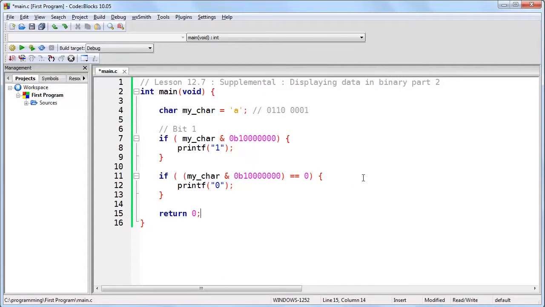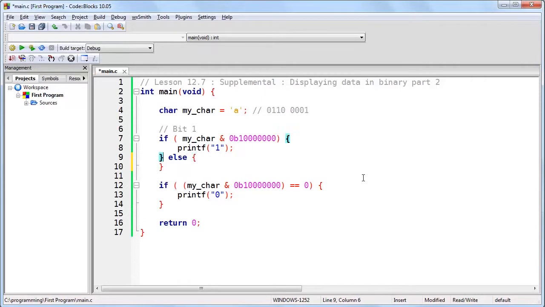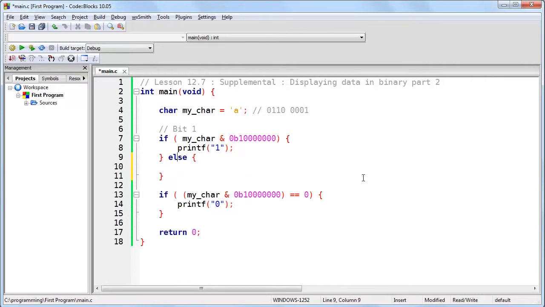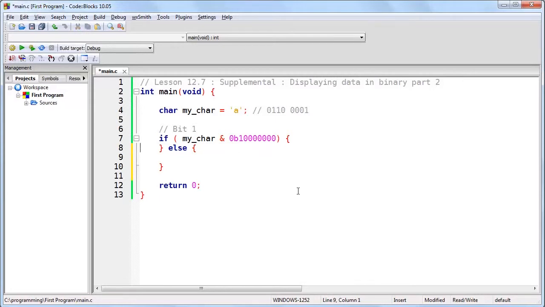So there are two things that I want to show you here. The first is, whenever you have two if statements that are opposites of each other, you can join them together into a single if statement using the else keyword. The else keyword has the effect of saying that if this is true, evaluate this, otherwise evaluate this. So here we're saying that if the bit mask and the character results in a non-zero value, then we want to print a 1. Well, otherwise we obviously want to print a 0,